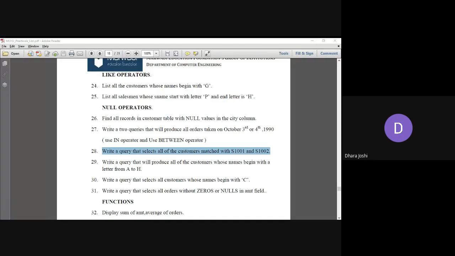Okay. Dhwani replied, select star from customer where S num in any of these two values. Perfect. It is also correct. Okay, Parth replied with the same query. Select star from customer where S num in these two values. Perfect. Okay, very good.